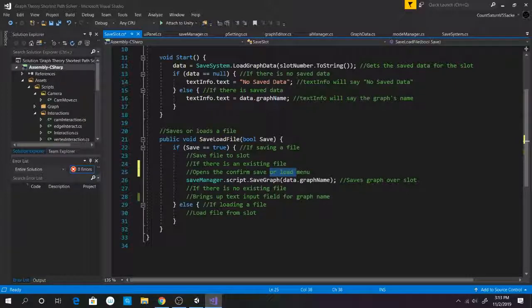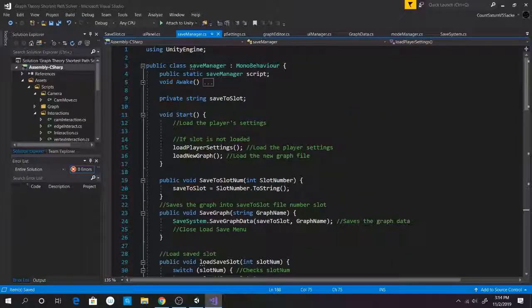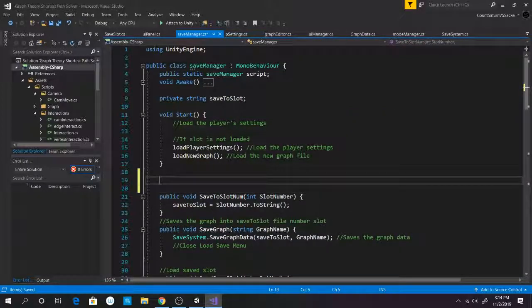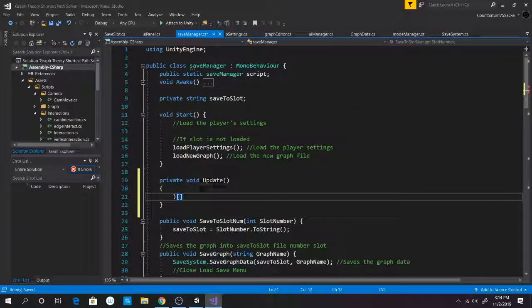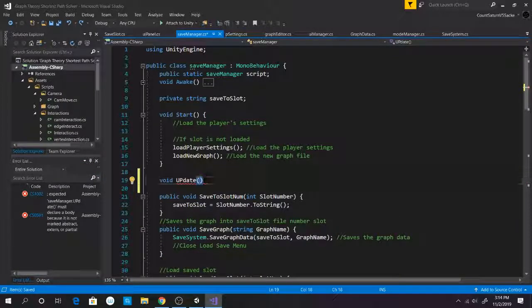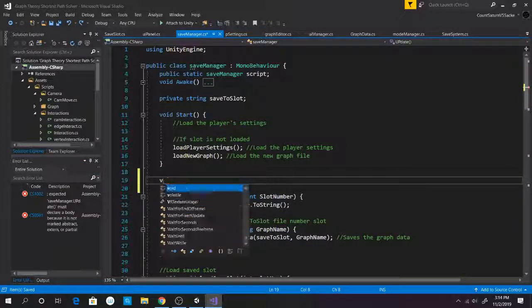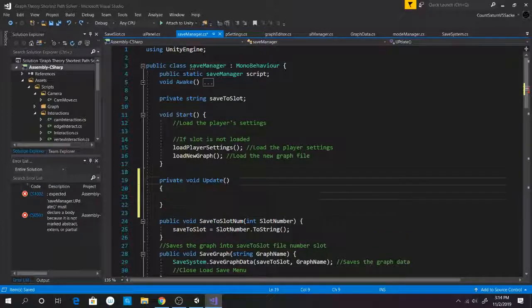Okay, I have a feeling, I'm not sure, would you put that for the load? I guess you would. Oh yeah, in the save manager, there's also technically a void update. Whoops, my bad. Void update. And this one will have to take